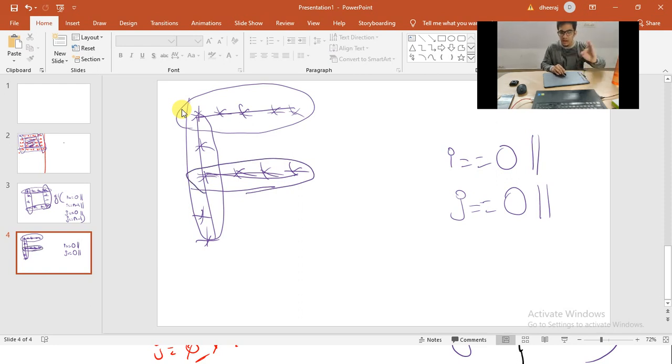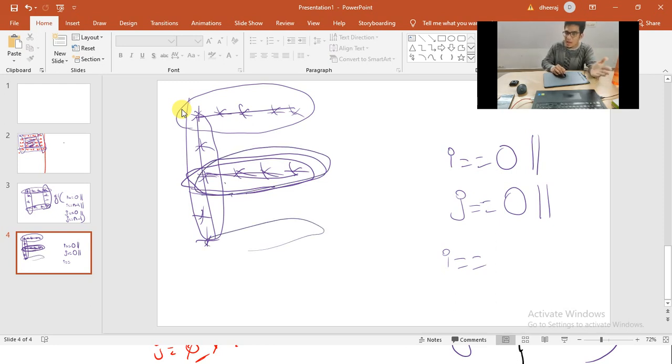I'll tell you. Is this a row or a column? That is a row. Row means which variable? I. I is equal to, is it the first row? No. Is it the last row? No. Don't think, this is the middle row. And the middle row, you can tell it as n by 2. You can tell (n minus 1) by 2 also, but why complicate? Why expand things? Simply tell n by 2 here. N by 2. That's it.